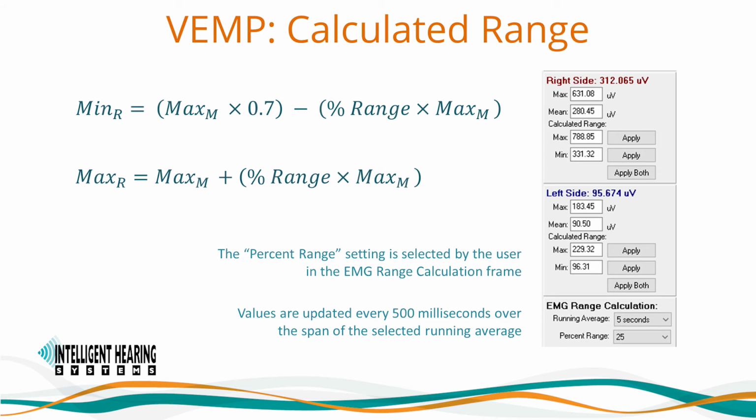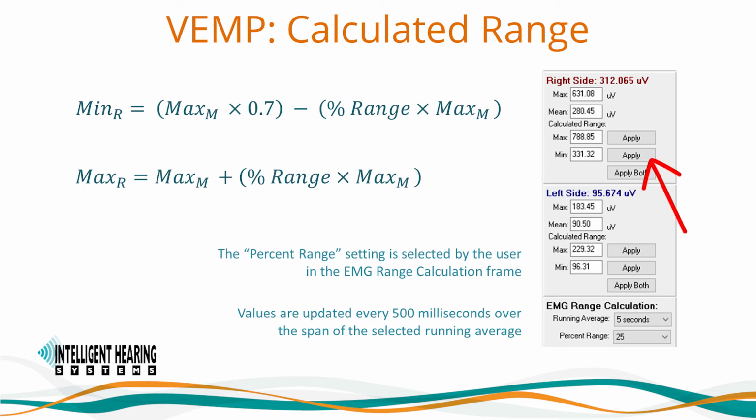The recommended max equals the measured max plus the percent range times the measured max, where the percent range setting is selected by the user in the EMG range calculation frame. These calculated min and max values are updated every 500 milliseconds. The user can copy any one of the calculated range values to the acceptance range entries by pressing the Apply